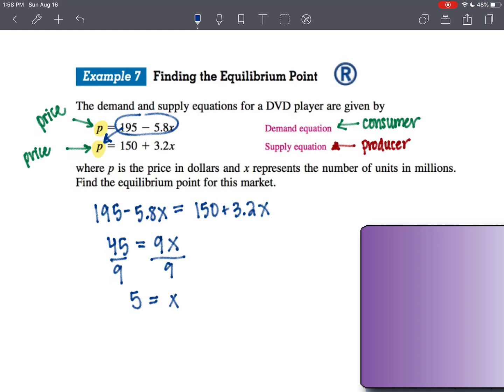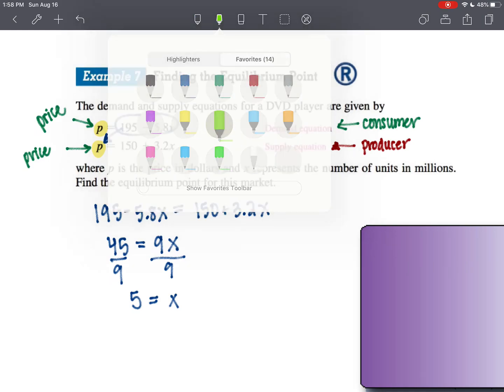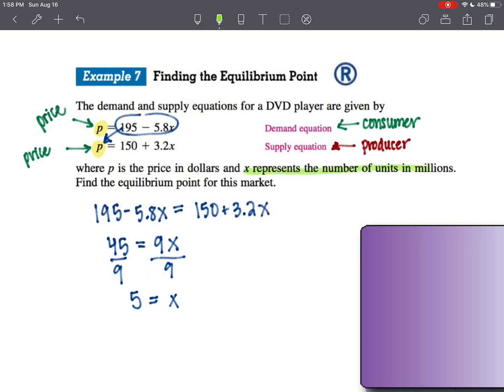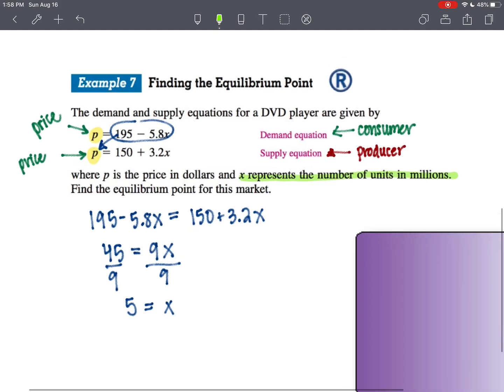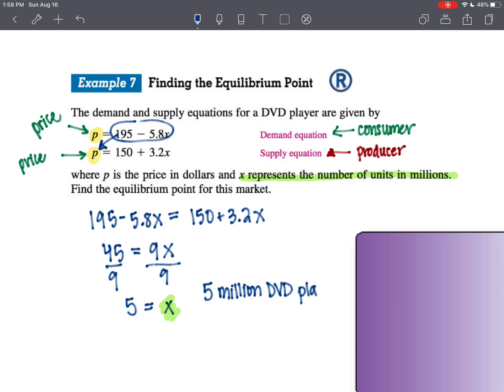What does x represent? X represents the number of units in millions. So x equals 5 million DVD players. I was going to say units, but we'll say DVD players. So the x value is 5,